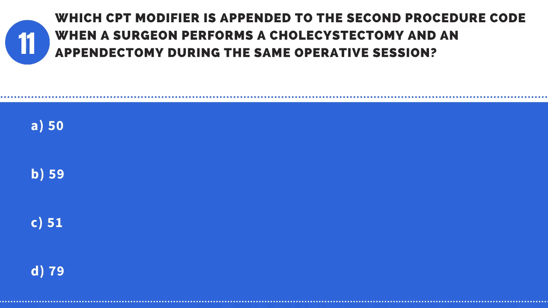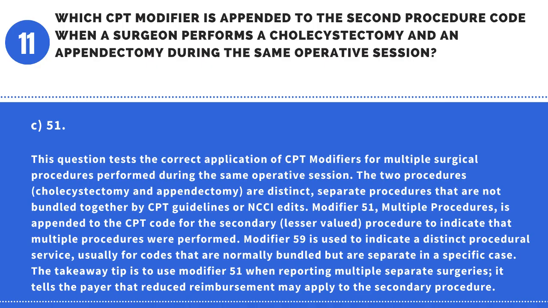Question 11. Which CPT modifier is appended to the second procedure code when a surgeon performs a cholecystectomy and an appendectomy during the same operative session? B. 59. C. 51. D. 79. Answer: C. 51. This question tests the correct application of CPT modifiers for multiple surgical procedures performed during the same operative session. The two procedures, cholecystectomy and appendectomy, are distinct, separate procedures that are not bundled together by CPT guidelines